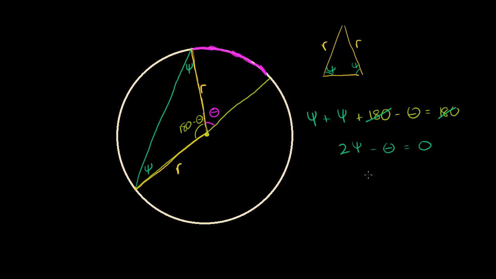Add theta to both sides. You get 2 psi is equal to theta. Multiply both sides by 1/2, or divide both sides by 2. You get psi is equal to 1/2 of theta. So we just proved what we set out to prove for the special case